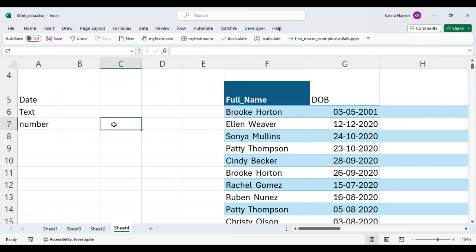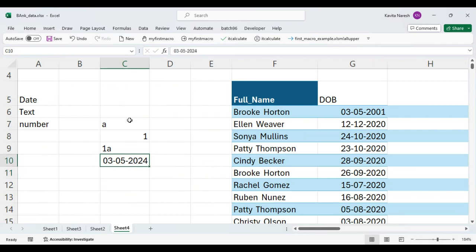For example, suppose I am typing here A. So this is text. And I am typing here 1. This is numeric. I am typing here A1. So this is again text, because A1 or 1A is alphanumeric, and alphanumeric again falls under the text category. But this is date. This is the date category. So while working with text, alphabets or alphanumeric, sometimes you have to use